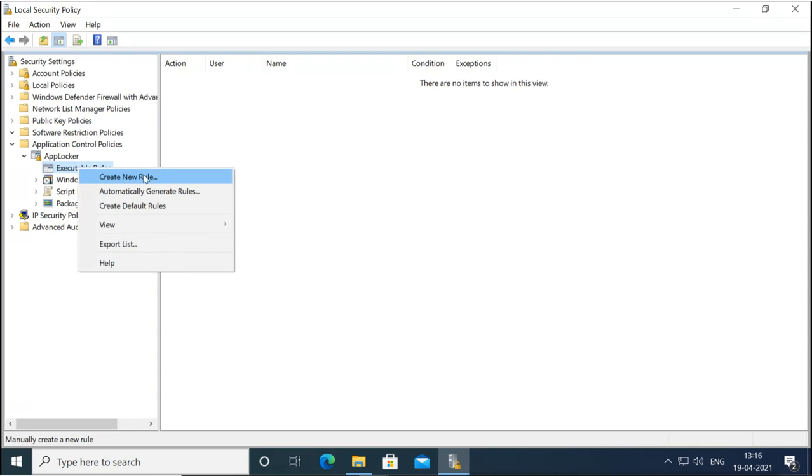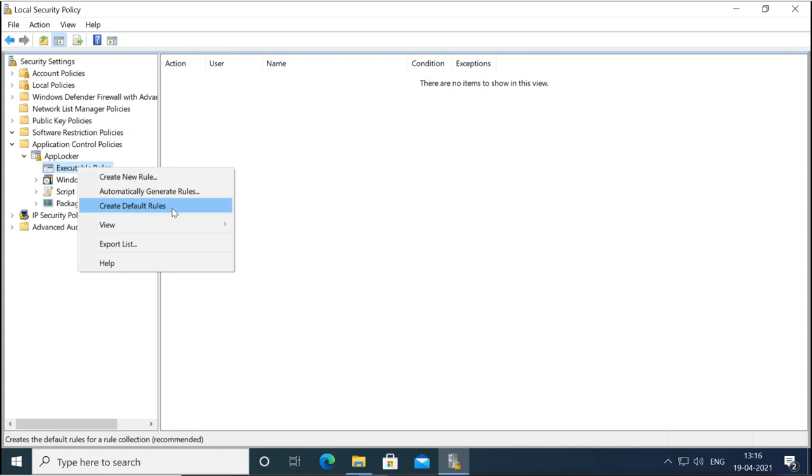There is one more option saying automatically generate the rules. It will generate the automatic rules and create the default rules. Now when you create new rules, it will also offer to create the default rules. That means when you create any rules, you need to create the default rules for the Windows directory and Program Files directory.